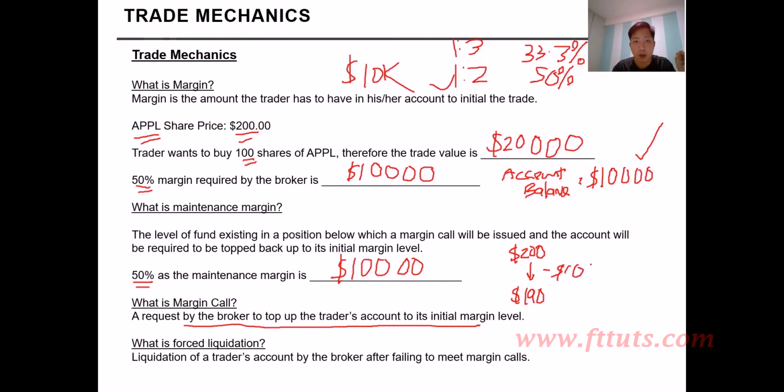And because you have 100 shares, that will mean that you are losing how much? $1,000. So your account balance will be back down from $10,000 minus $1,000. Your account balance will drop to $9,000 because the Apple share price dropped $200 to $190, dropped by $10. It means your account will have a drawdown of $1,000 and your account balance will be left